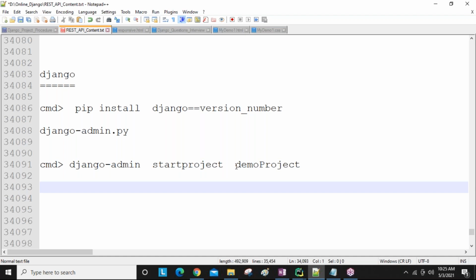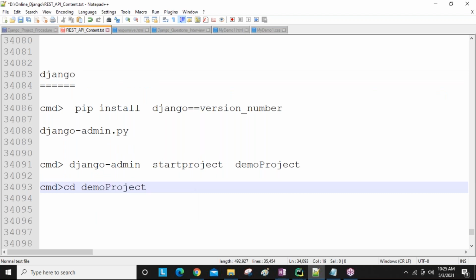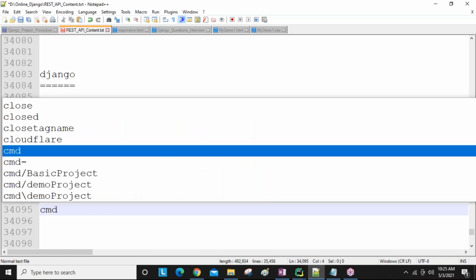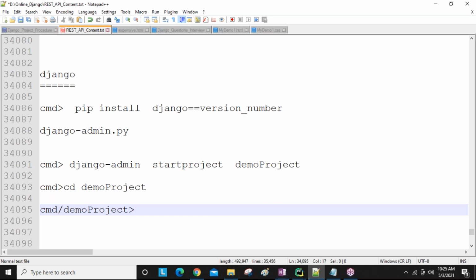Now change the directory, guys. In CMD, cd demoproject. I'm changing the directory into the demo project. Now my command prompt location is the demo project location. Here I want to create one application.